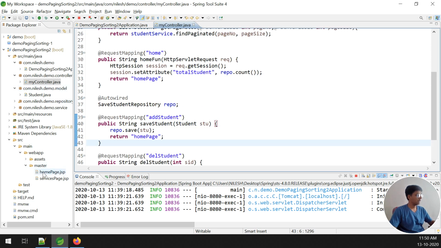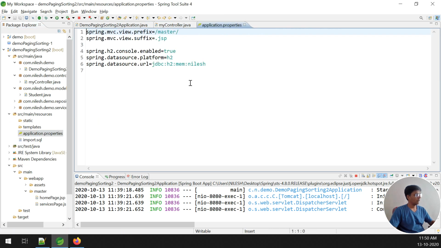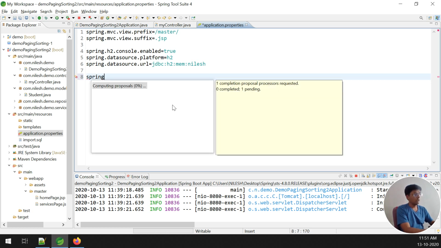At first, in the resources, how do I set the limit, up to how many MB I can upload the file? So I have to tell Spring that I want to upload up to 15 MB or 10 MB, 5 MB. So for that I have to change the application.properties file. So in Spring, I have to write in the application.properties